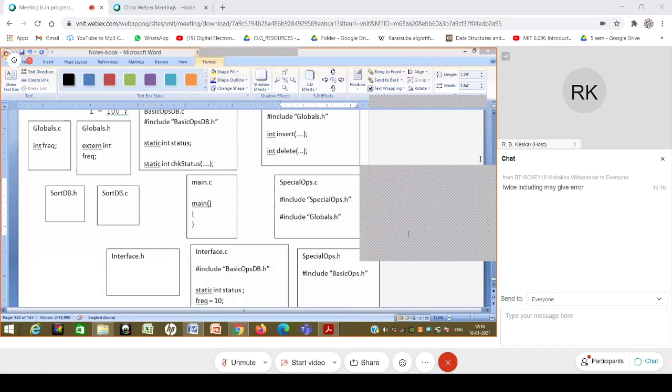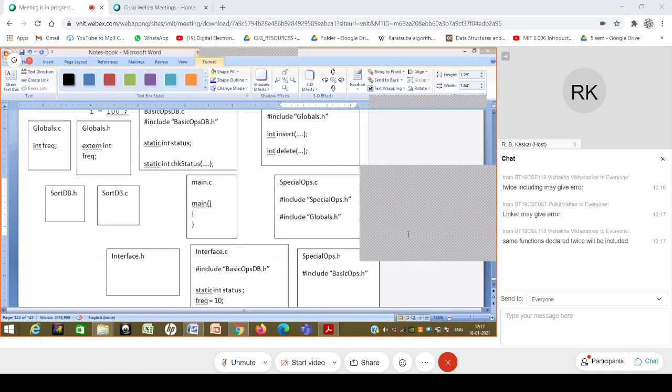The compiler actually does not know about the inclusion, because that inclusion thing is known only to the preprocessor. So it may give an error. I'm asking the question, what do you think the error will be? Linker may give an error. Why will the linker give an error? So what kind of error can the linker give, for example? Okay, and why does the linker give an error?